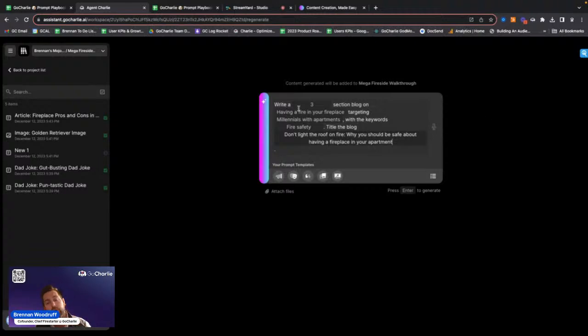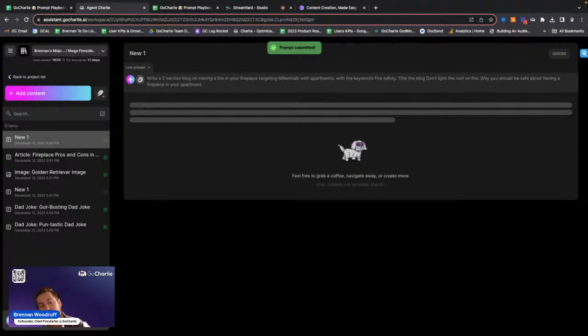So what's important to note is that if you just mention blog, Charlie will go into those types of blog steps. But if you don't add these particular fields, Charlie will choose them for you. So he's usually going to default to a 3-section blog. He's usually going to choose the topic based upon the context that you've given him. He's usually going to give it a title, and he's going to choose the target audience, and he's going to add the keywords. So when I click enter here, what is actually happening is that Charlie goes to the platform